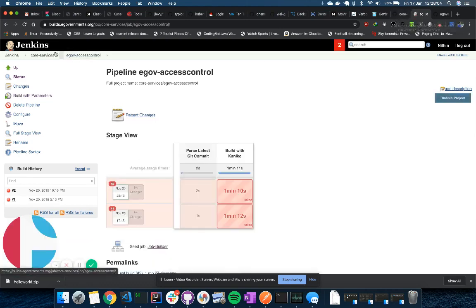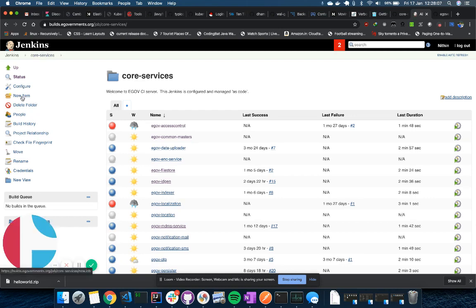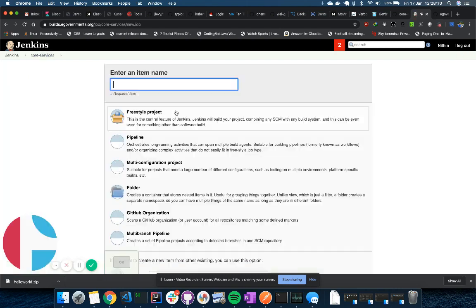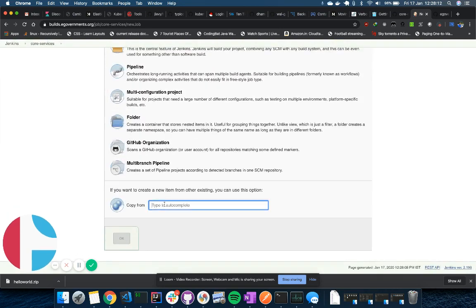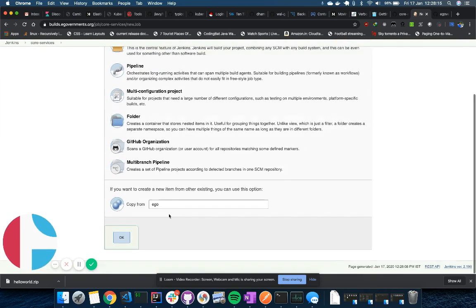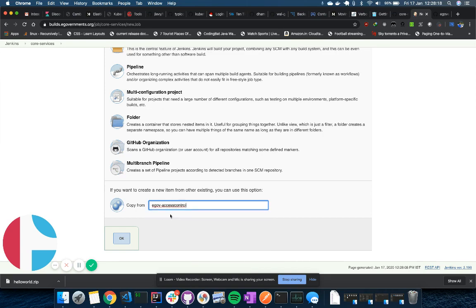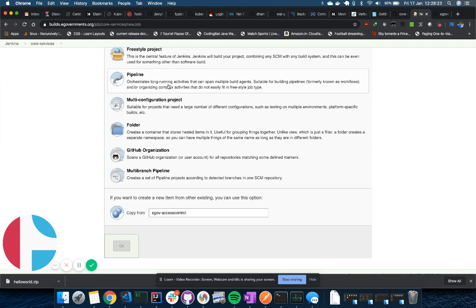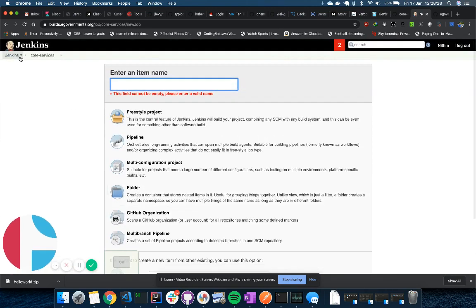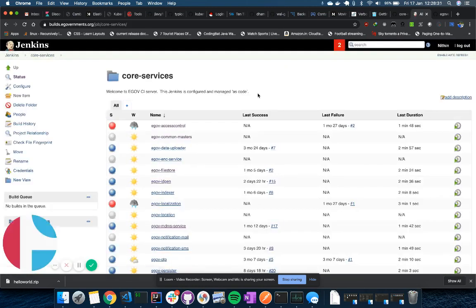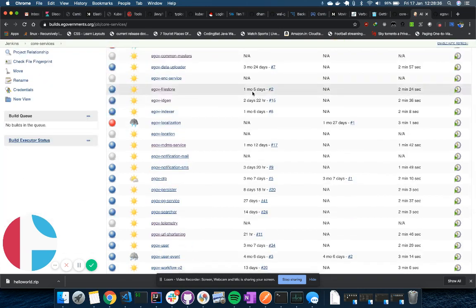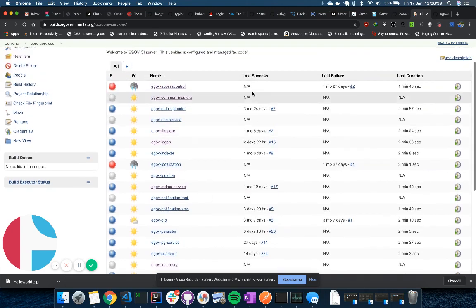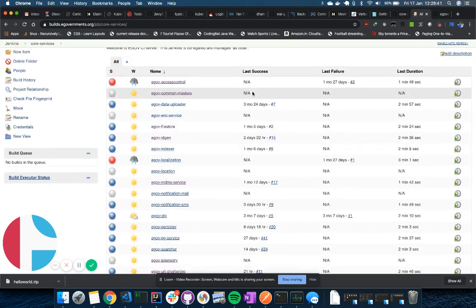So the legacy way of how people used to do it is, there would be some guy here who would actually go here and click it and then probably copy from template, something like that. So this would be some ops guy who would do this, and then you would put in the name, then a bunch of configurations, and eventually you would get a build pipeline like this. Which means there's a lot of dependency on somebody to do this for you, and you as a developer are not free to do what you want, or you cannot be agile. You also have to say, okay, till he does it, I cannot do anything.